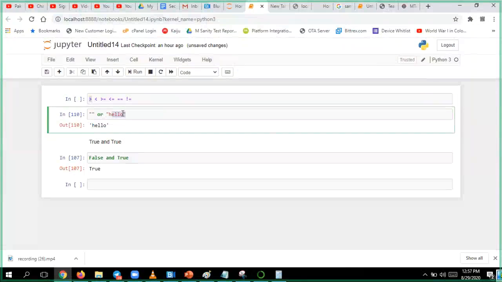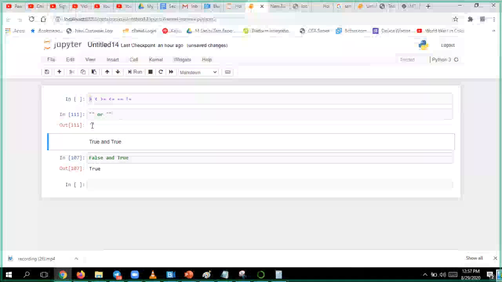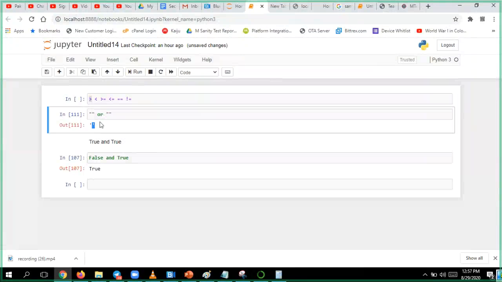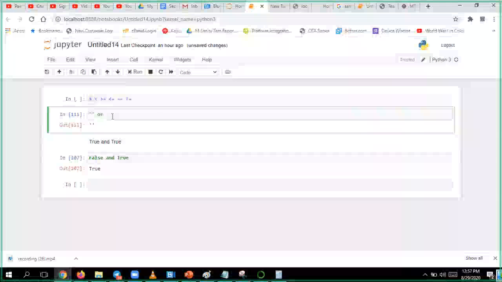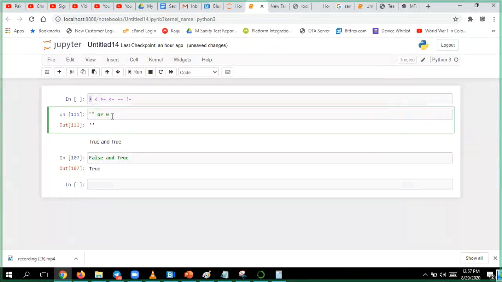If both are false, see here, both are false, an empty string and 0. First it will check here whether it's true or false, then it will go and check here. There also nothing is there, so the last value also I checked.